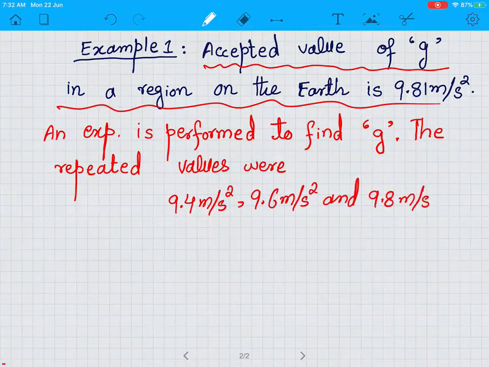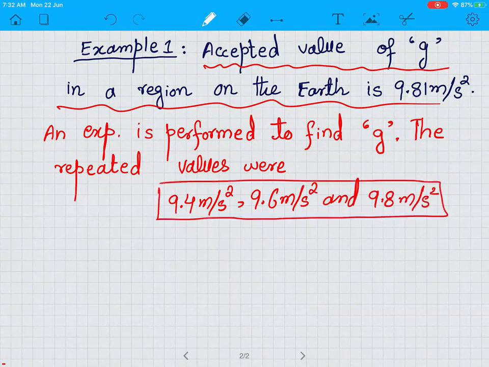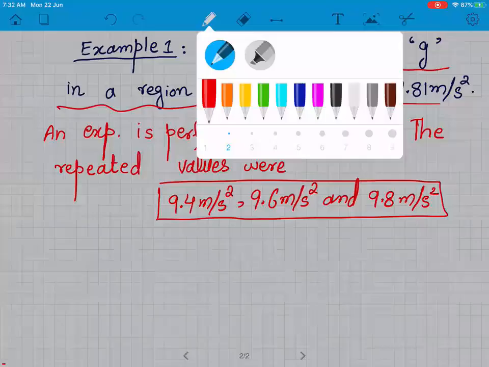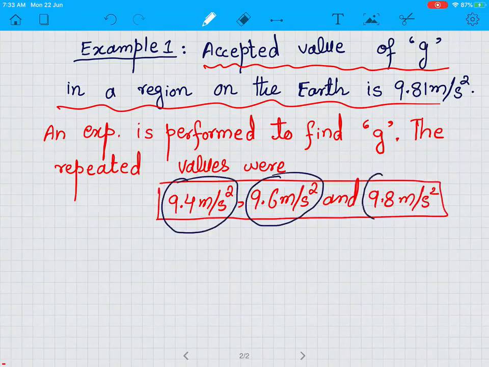So you calculated g by repeating the experiment twice, and the three values that you achieved are 9.4, 9.6, and 9.8. Now the question is,